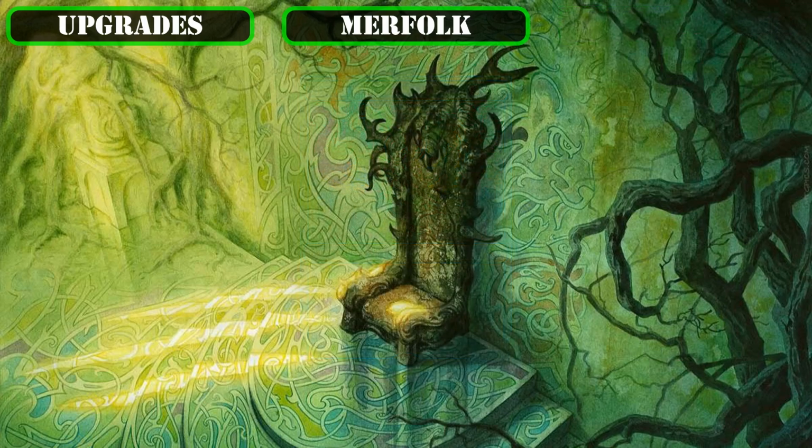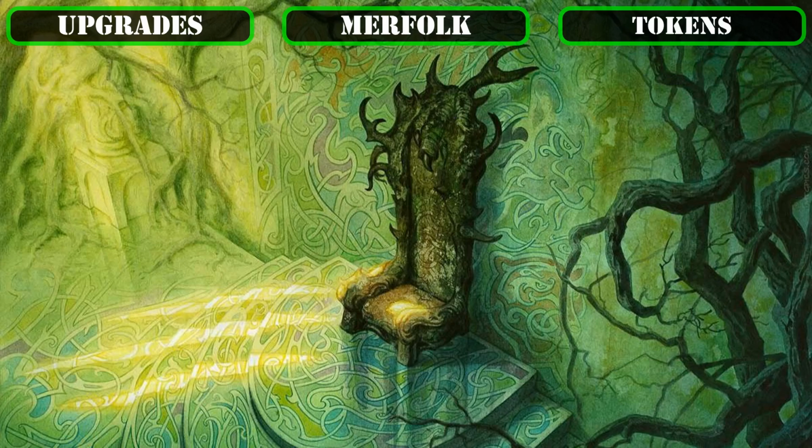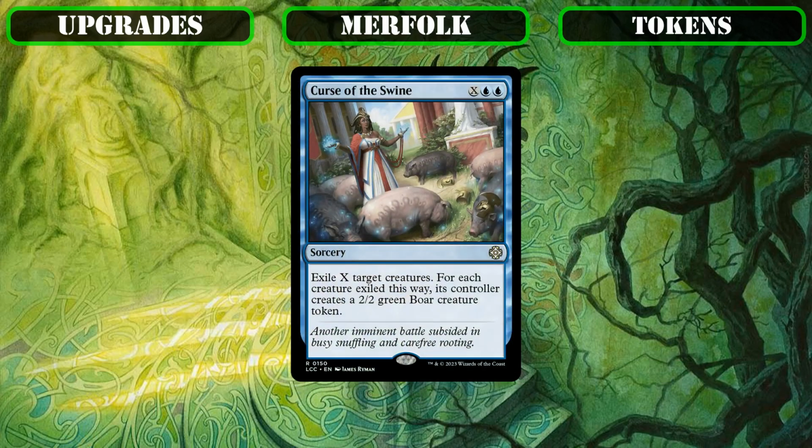board state. And then as our last piece of direct merfolk support, we'll be sidelining Curse of Swine, which is a serviceable source of removal and, more often than not, a board wipe for us. But since this build is much more concerned about building up and establishing our board rather than demolishing our opponents,